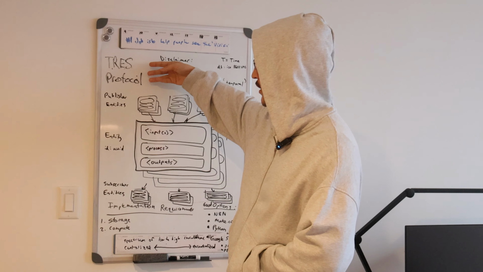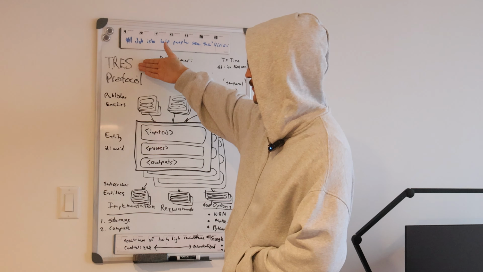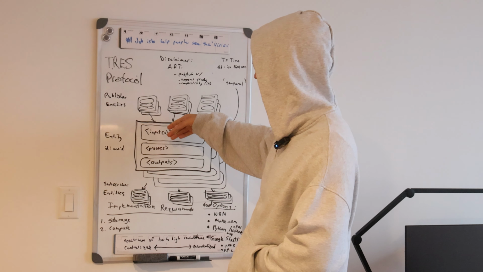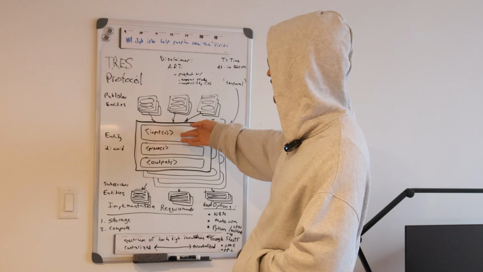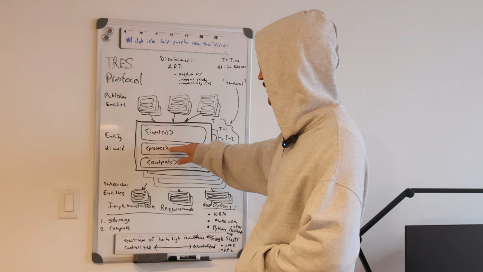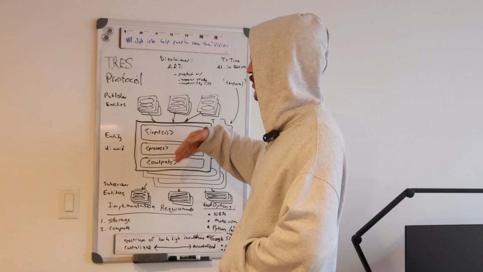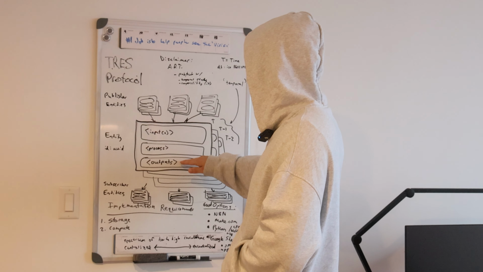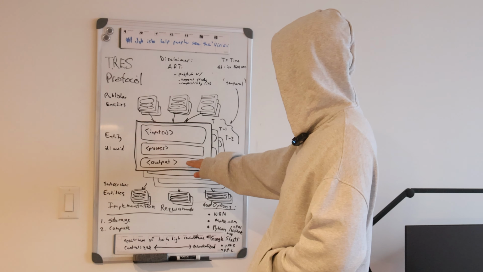Remember the trace protocol or architecture has 3 parts. That's another reason why it's called trace. And one part is the inputs. They come from publisher entities, or if you're on this page, you could manually input it. And then the second part is the process definition. So a definition of what should happen when one cell reacts to another in the system. And then outputs. So I think this should actually say output because